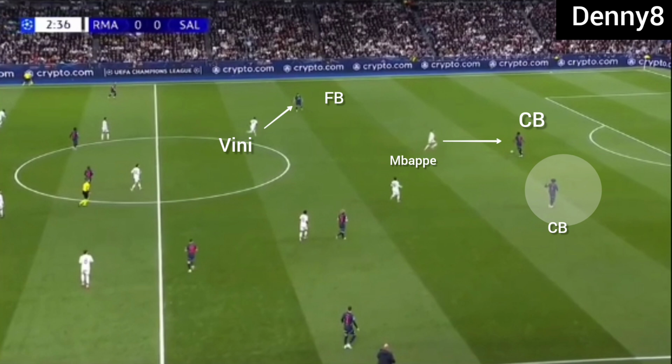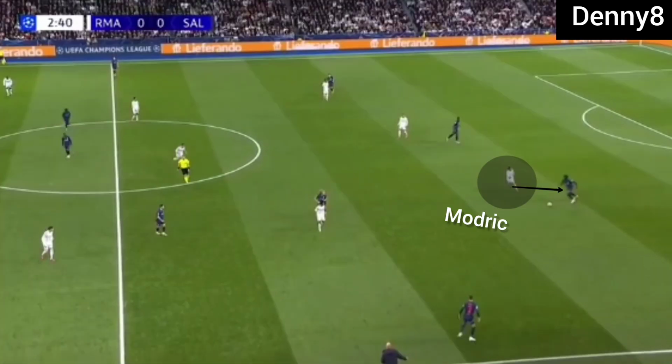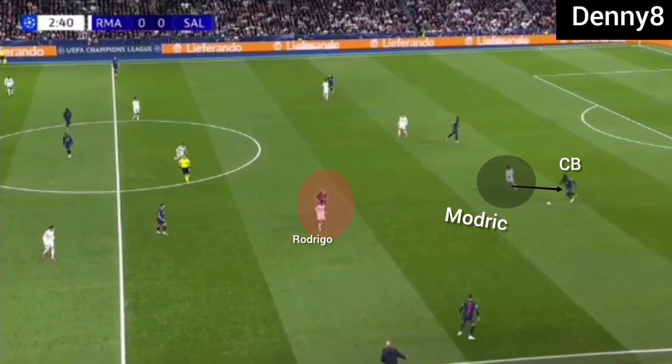Now, when Real Madrid were out of possession, Rodrigo was operating as a wide midfielder. So, to press Salzburg's left centre back, the central midfielder Luka Modric had to come forward. Because of Luka Modric's pressing, Salzburg's central midfielder was free to receive the ball. So, when Luka Modric was pressing the Salzburg centre back, Rodrigo was forced to defend narrow in midfield. If Real Madrid's wide midfielder was moving inside in midfield, then the wide zone was getting open and Salzburg's fullback was easily receiving the ball in the wide zone.